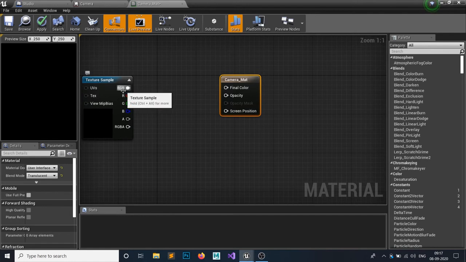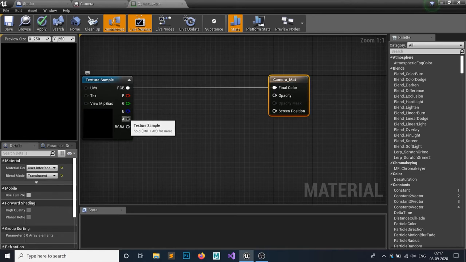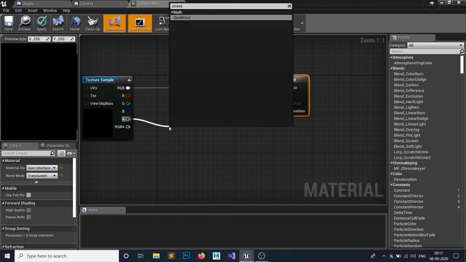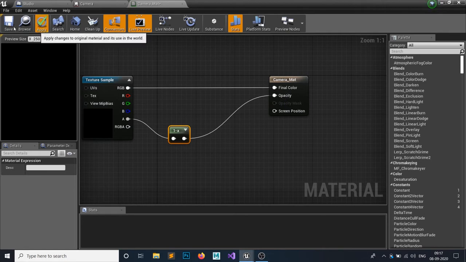After doing so, add this RGB node, the first white node, to your final color, and the fourth node, the A alpha channel, search for 1 minus and connect it to opacity. Just hit apply and save.